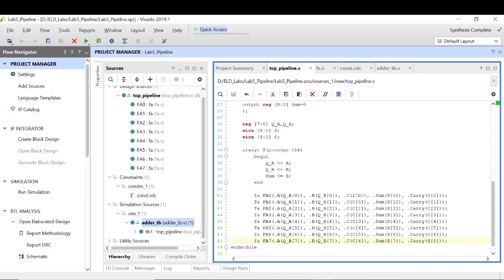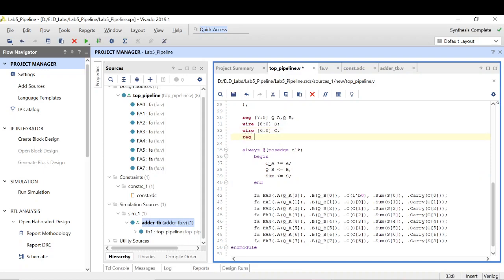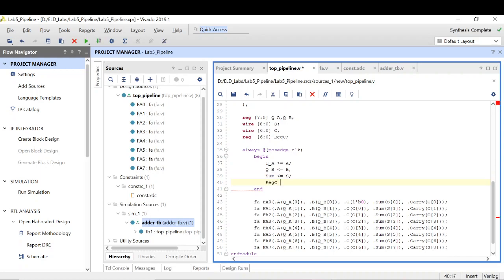Right. So in this design, I can make some changes. What I have to do is insert flip-flops at the input carry of each and every full adder. So for that, let me take a register, say reg C, and in this always clock, let me add this.